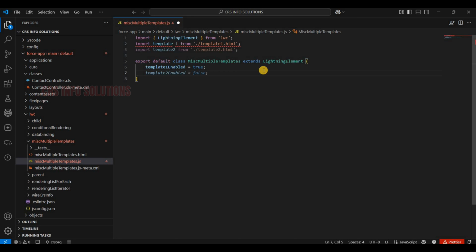So start writing render function render, return this dot template1Enabled